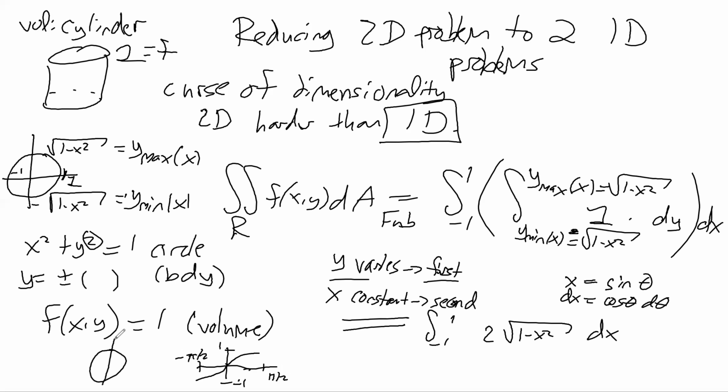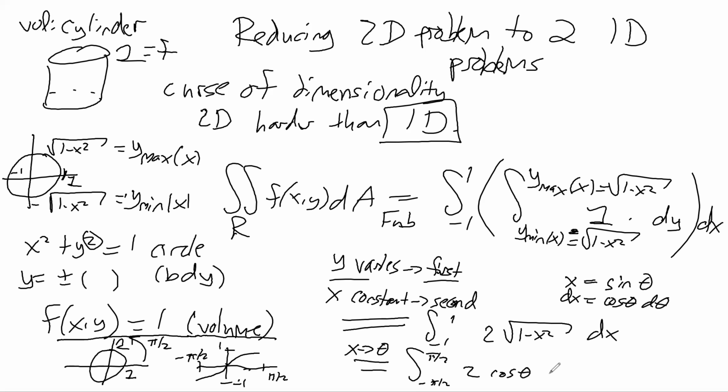And you can see that it's pi over 2 from the unit circle of radius 1. Right, because you go over pi over 2 angles. Okay, so that means if we're going from x to theta, our integral should go from minus pi over 2 to pi over 2, those are the new theta values, and then we get 2 cosine theta, and then we get cosine theta d theta,